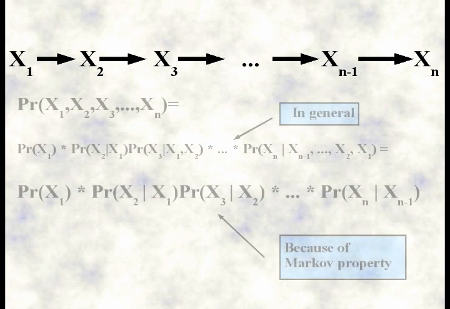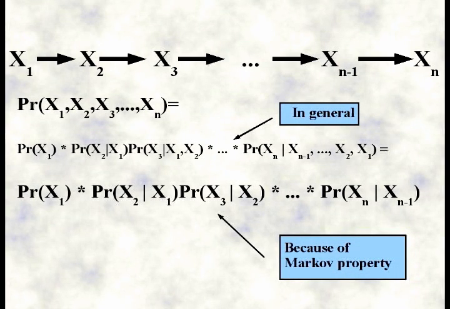We can give a graphical impression of the model by making a large chain of arrows from one measurement outcome to the next. Each measurement influences the next, which again influences the next, and so forth. The probability of the dataset is thus the probability of x1 times the probability of x2 given x1 times the probability of x3 given x2, and so forth up to the probability of xn given xn minus 1. Now this is still fairly complicated until we start to put even more structure on it.